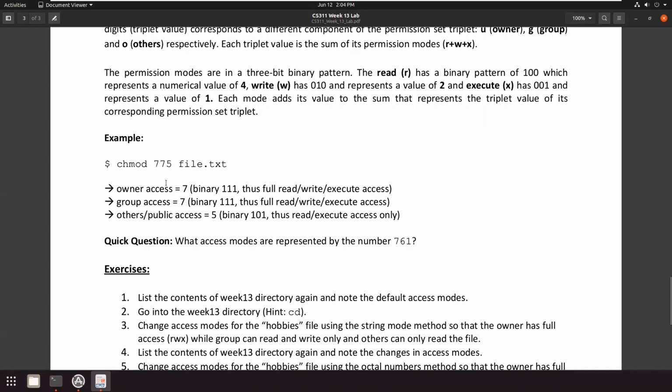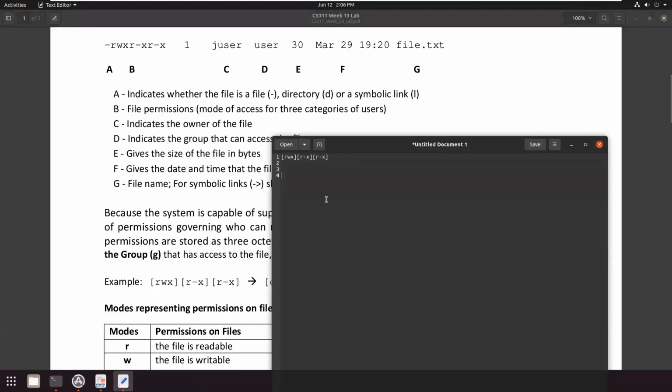And what these numbers mean is there will be three parts or three numbers. The first number refers to the permission that the owner has. The second number refers to the permission that the group has. And the third number indicates the permission that the other users have. So how do we decide these numbers? If you want to assign this permission to a particular file, then you will write three numbers. The first number will be for the owner, the second number will be for the group, and the third number will be for the other users.